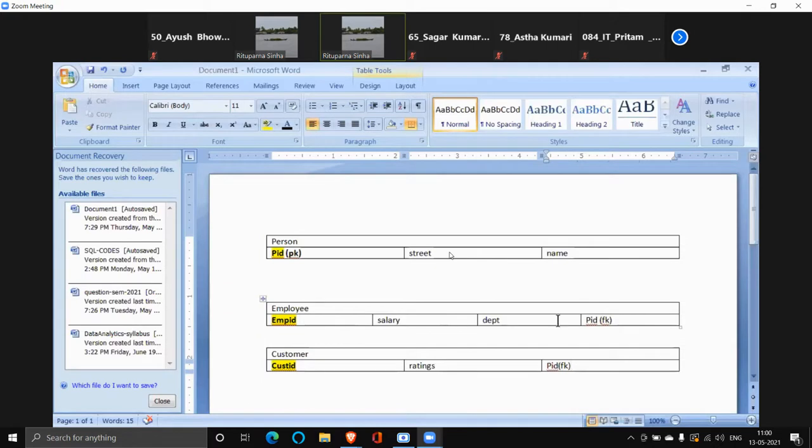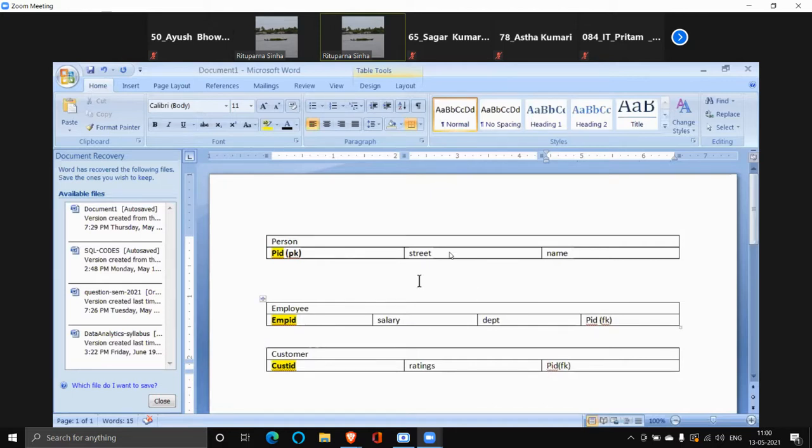Now, using this PID, the foreign key relationship, I can obviously get the street and name of every employee. Or suppose I have other attributes, street, name, city, postal codes, all those details, I can get them for every employee. So unnecessarily, I'm not keeping these common attributes in each and every table.